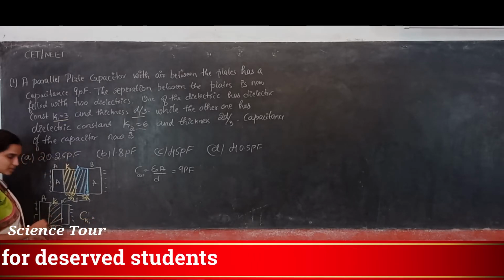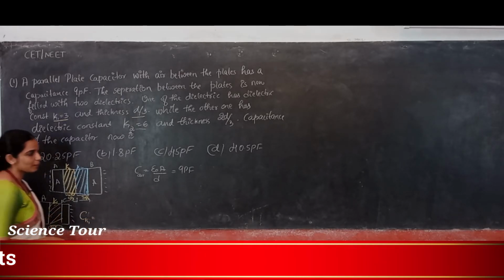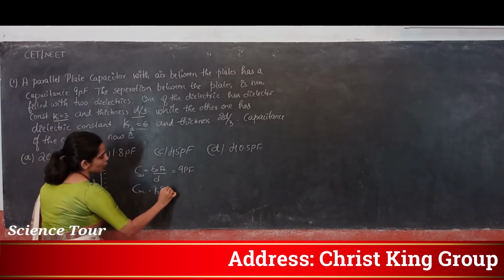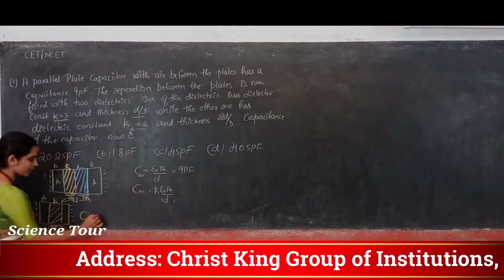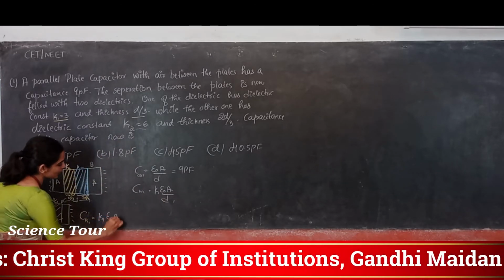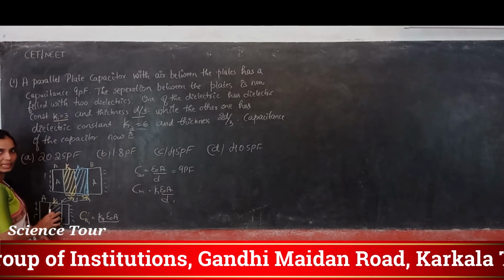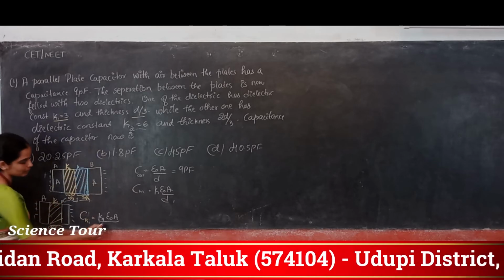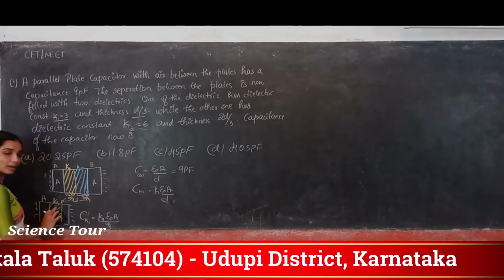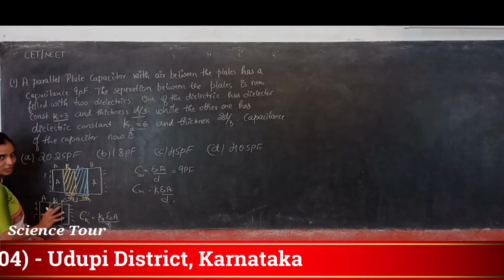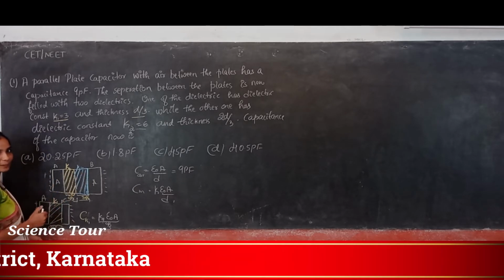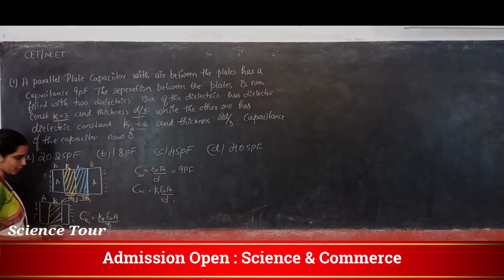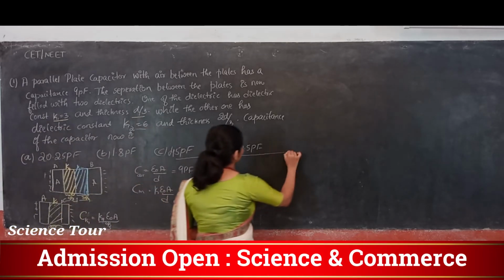So let's call this capacitance CK1. What is the capacitance in this case? What happens when the dielectric medium is placed? K times epsilon naught A divided by D. Now here K is K1, epsilon naught A. What is D? The thickness of this slab, the thickness of the dielectric material you have placed. What is the thickness? D by 3. The thickness of the material itself is the distance separation, students, because you have kept it in such a way.